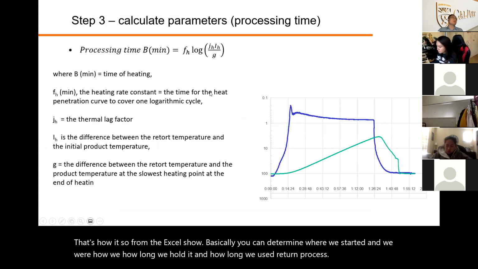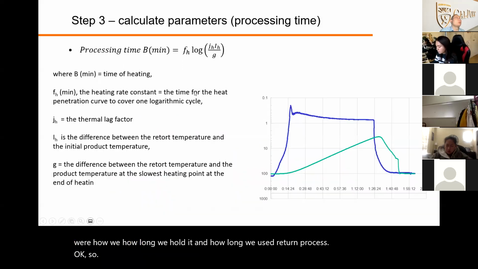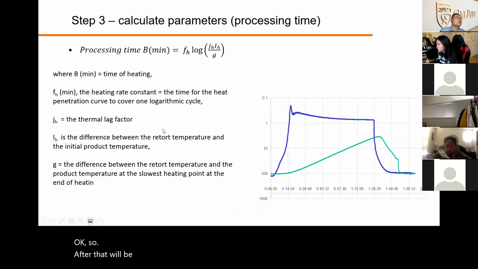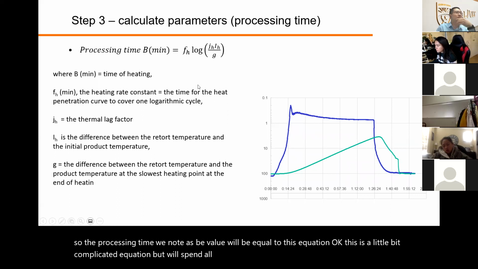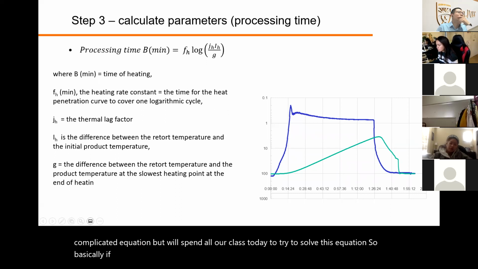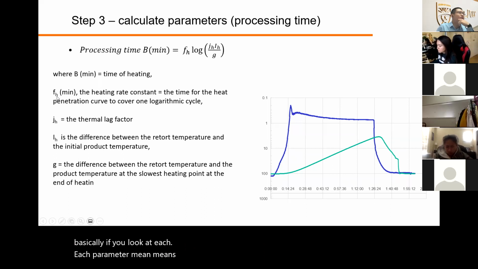Okay, so after we convert this figure, we will be able to calculate the processing time. So the processing time, which we denote as B value, will be equal to this equation. This is a little bit complicated equation, but we'll spend all our class today trying to solve this equation. So basically, if you look at each parameter, the FH value, the first parameter,